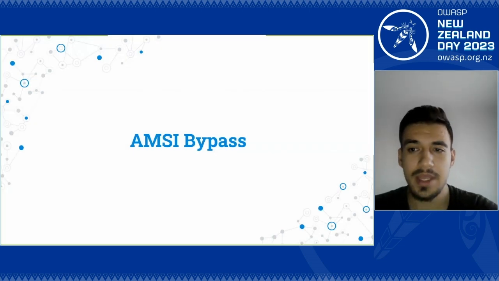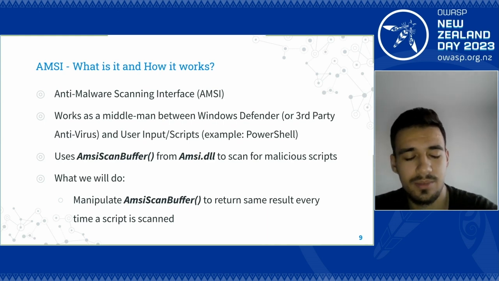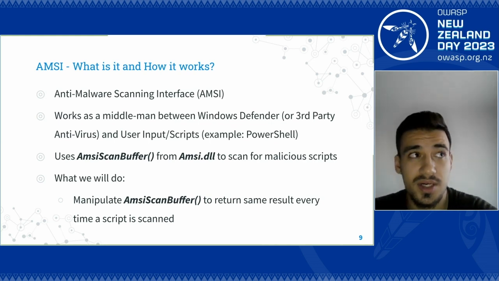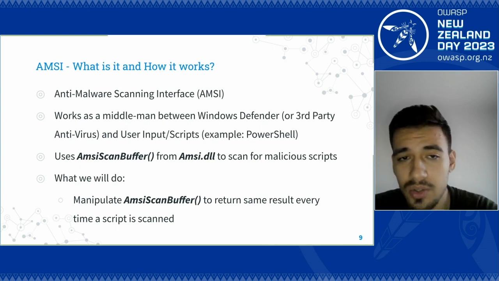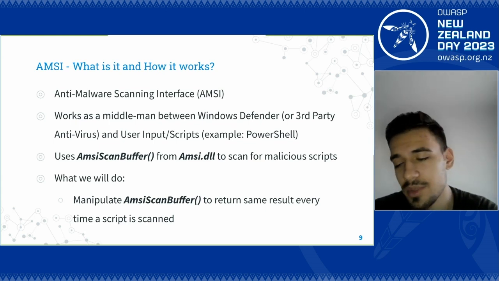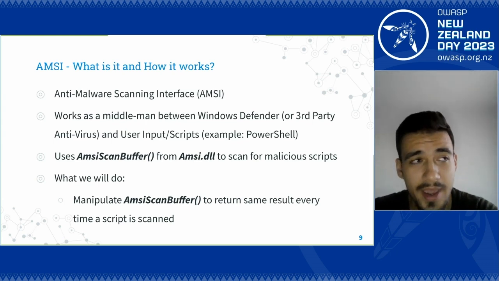But the first one is the AMSI bypass. What is AMSI? It stands for Anti-Malware Scan Interface, and think about AMSI as somebody standing between the PowerShell scripts you are running on Windows and the antivirus product that you have on your Windows. By default, Windows has Windows Defender as the default antivirus product. But have you ever wondered why you cannot have two antivirus solutions at the same time? That's because of AMSI. Because, as we mentioned earlier, it is the interface between the antivirus product and the scripts that we are running on the Windows machine. And after AMSI goes, okay, you can run that,